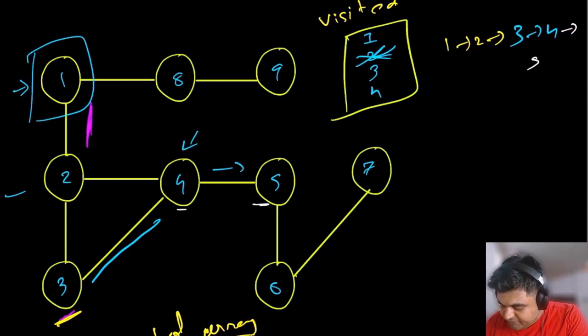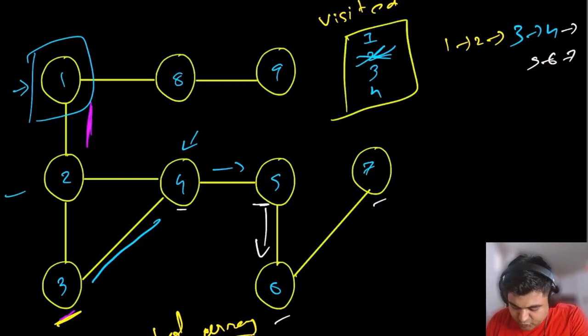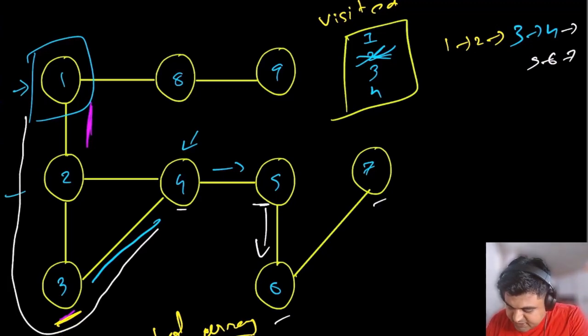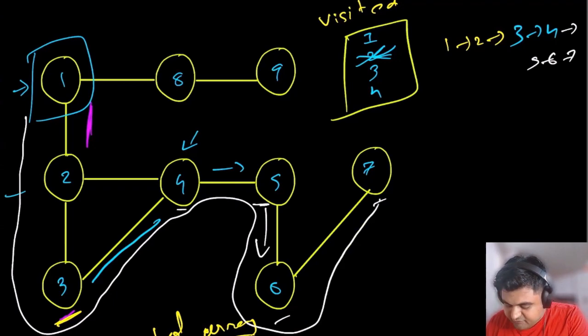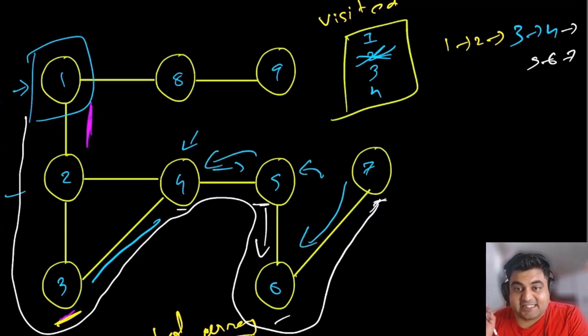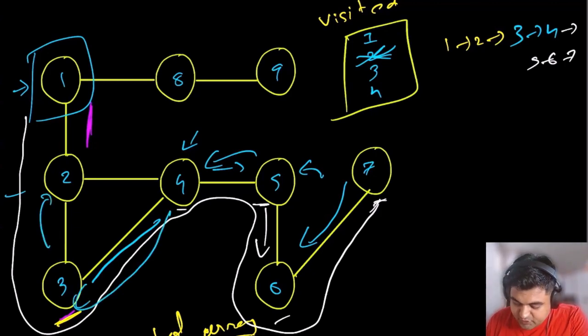After visiting node number 5, we are going to go to node number 6, and then node number 7. And this is one of the iterations, or one of the paths we took starting from node number 1. Then we are going to backtrack and see whether there are any other neighbors that we have missed that have not been visited, and that is not the case for this one.